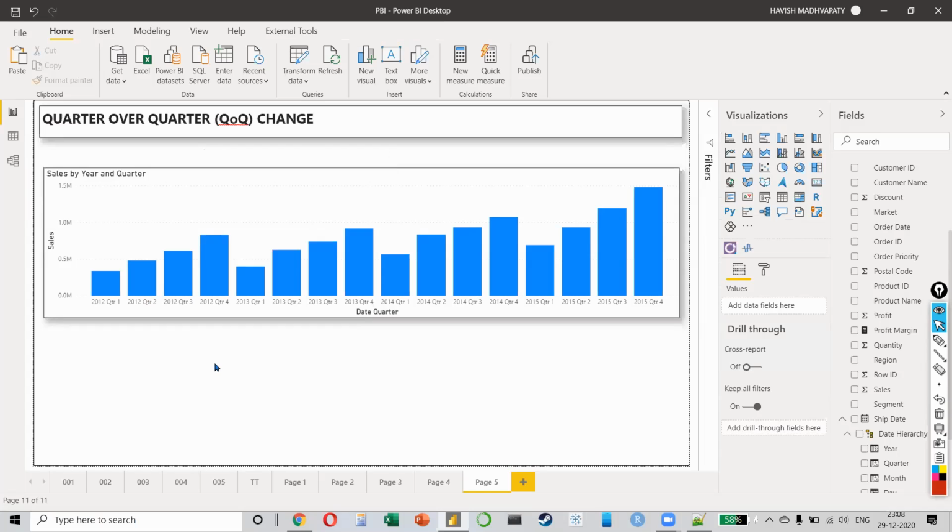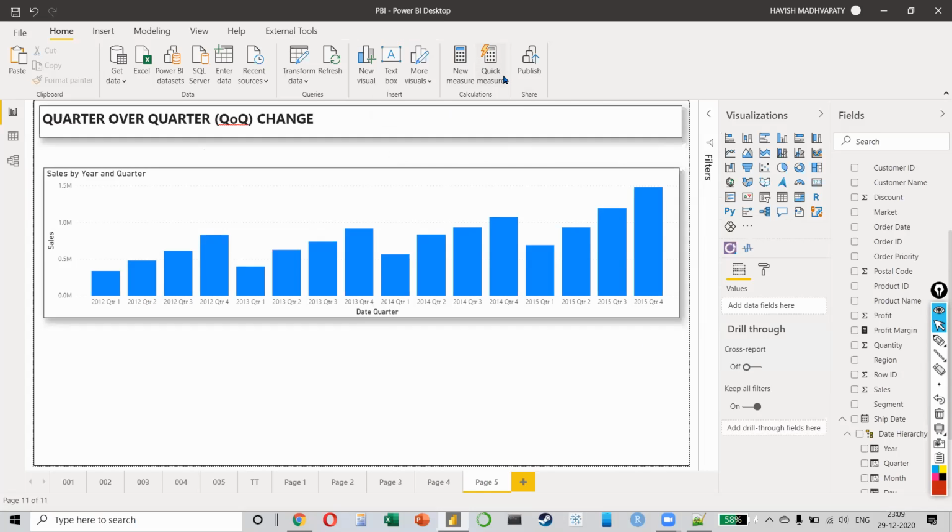Again, the best part is you don't have to write the formula. The formulas are already written for you. All you have to do is click on quick measure. See, earlier when we did the profit margin, we did a new measure, which is a calculation from scratch that we have to write. What is a quick measure? It's a list of common calculations, right? So you don't have to do anything. You can just click on this button and it will automatically create the calculation for you. Let's see how we do this.